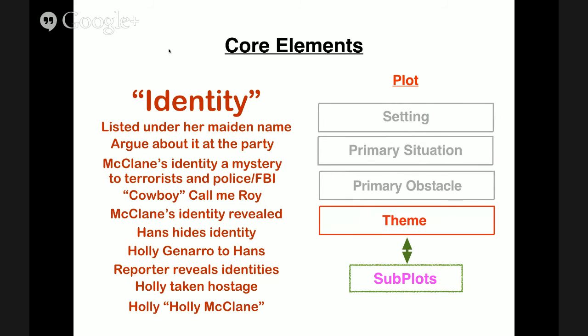They kill people. They want the bonds. They're drilling through the safe. And Bruce Willis is trying to call the police and do this and that. So identity is not really an active issue in terms of that. It is, because they don't know who he is, but it feeds in with all the subplots, and every one of these that I checked actually lives in a subplot. The whole story of McClane and his wife is a subplot of the movie. Yes, it's essential to the movie, but it's a subplot.